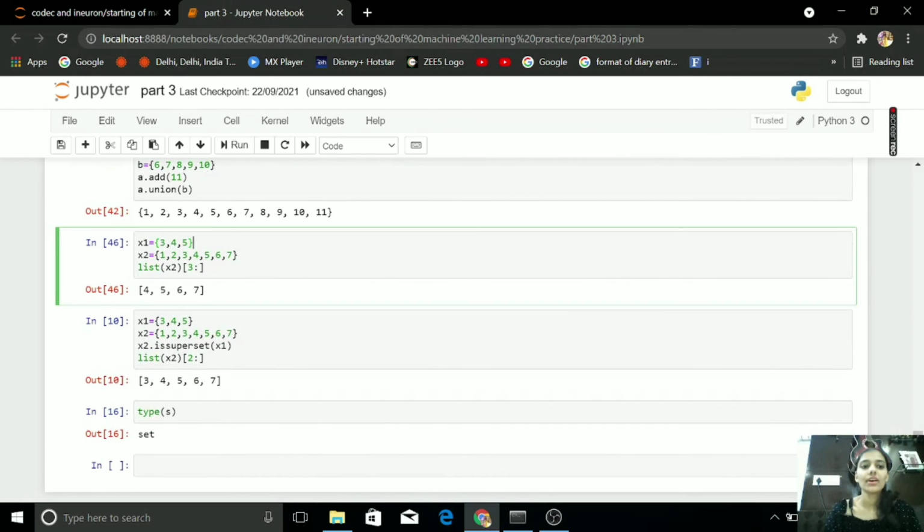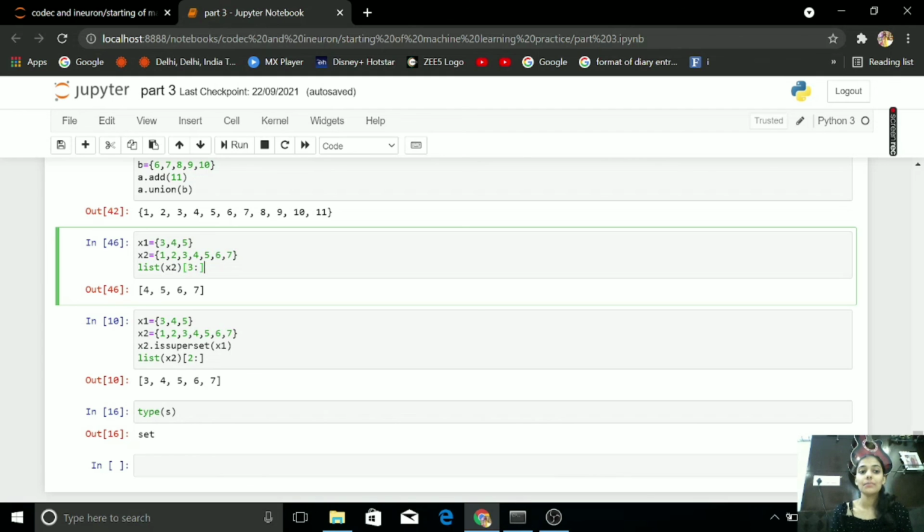Then my x1 equals to 3, 4, 5. My x2 equals to 1, 2, 3, 4, 5, 6, 7. If I want the values after 3, so that's why I am using this step.